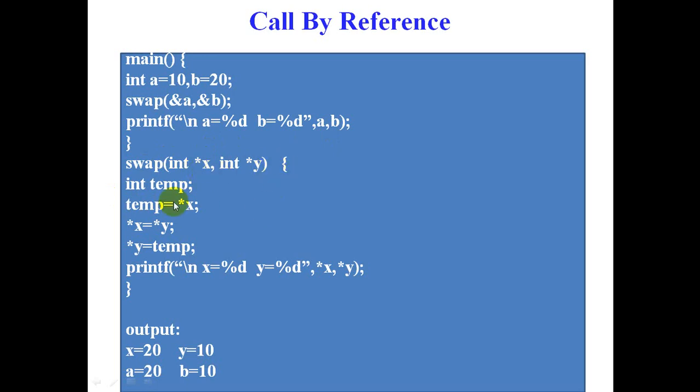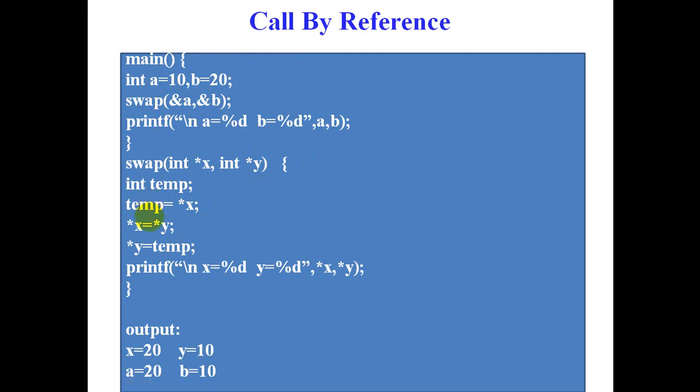Inside the swap function, again I have declared a variable temp which is of integer data type. Here temp equal to *x;. I told you that the addresses of these two variables will be sent here. Now the value of x is the address of a and the value of y is the address of b. So the pointer x, which is holding &a, will be sent to temp.